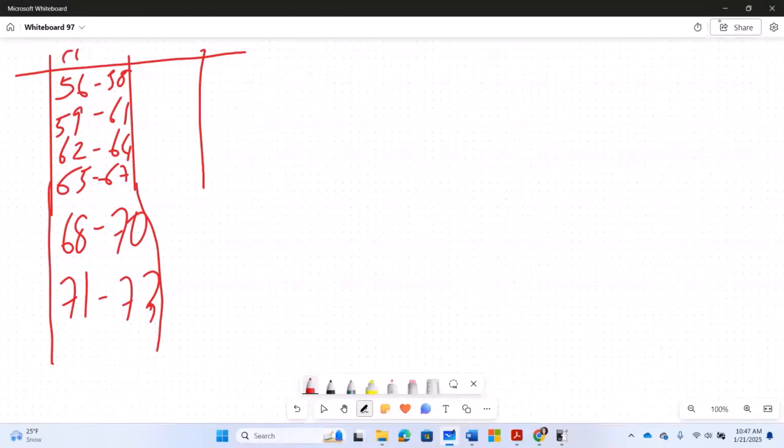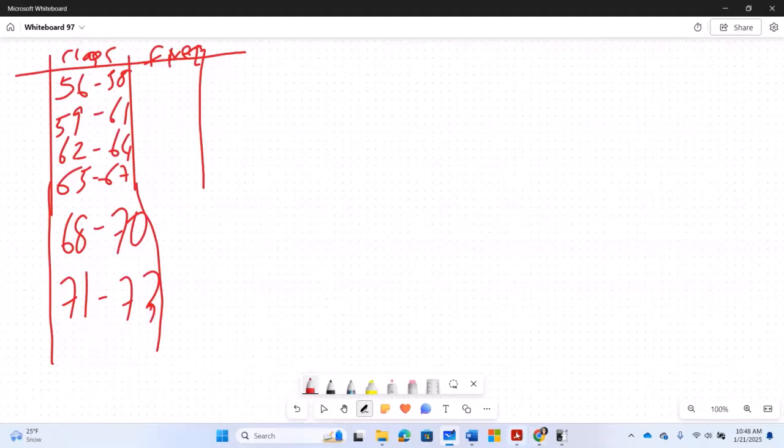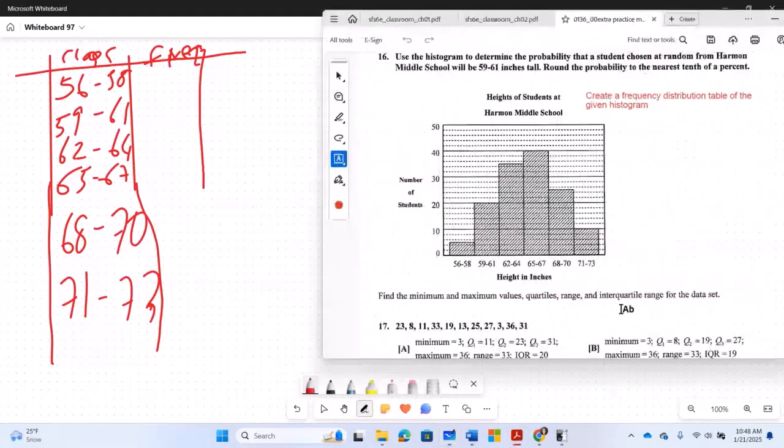This is the class here. This is frequency. As soon as you finish and throw away the original data, you may not be able to recoup the original data. So I'm going to go back to the data and see how much I can recover. So looking at this data given to me,